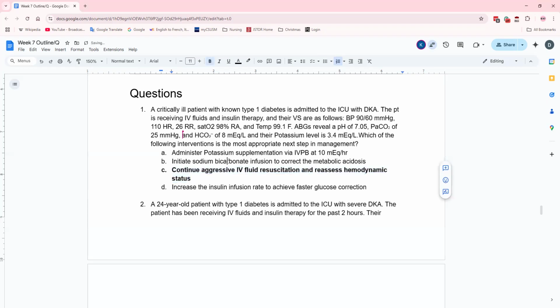When it comes to bicarb, usually DKA is treated with fluids and insulin, and I don't think they actually use much bicarb. They don't really give bicarb too often. I actually heard, because I thought that, right? Like the C big kid, like bicarb was in it. So I was like, why don't they give bicarb for anything?